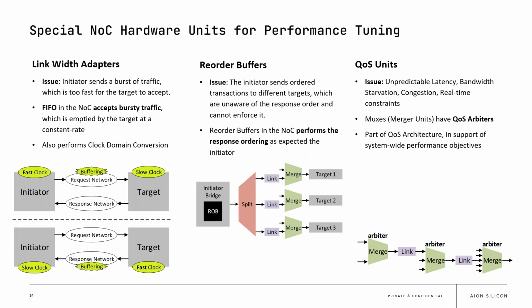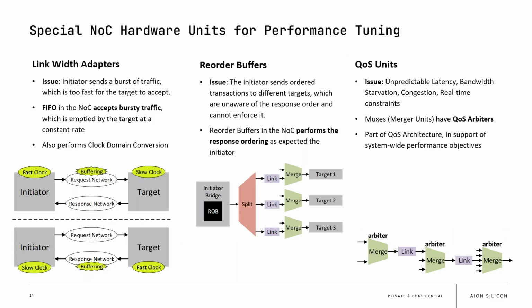This is basically to support protocol compliance, whereby if you have an IP sending ordered transactions to several targets, in order not to have the transactions blocked waiting on previous responses to come back, the reorder buffer mechanism allows for sending those transactions in parallel, and then the responses are rearranged in the correct order before being sent back